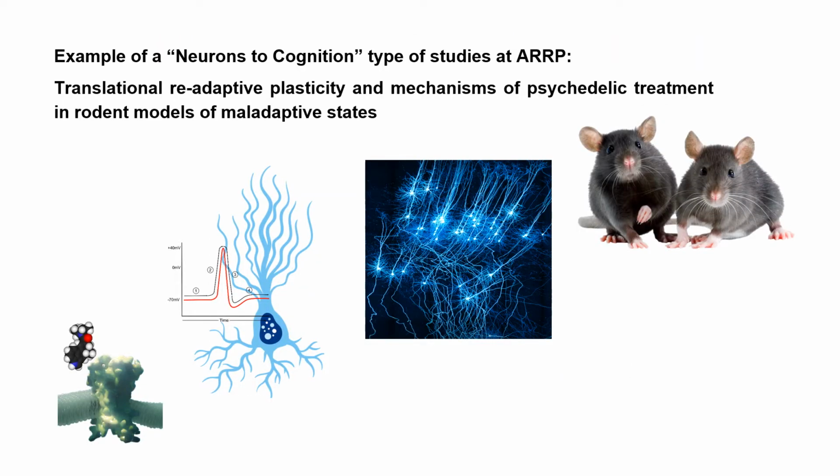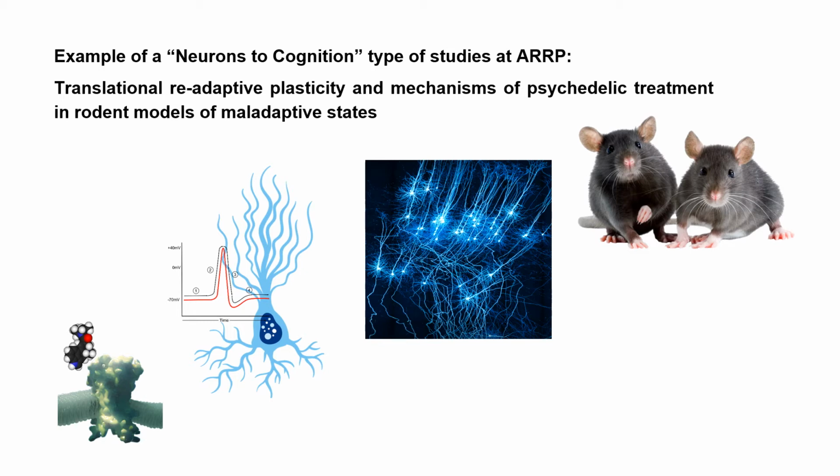So far we've learned what kind of equipment can be used for the studies of neurons and cognition in the same experiment. And I've shown you a couple of readouts, the morphological analysis of neuronal plasticity and also the functional analysis of neuronal signaling at individual cells and the network level. And now I would like to tell you about a project, an exciting project that we are currently starting at the ARB facility with my